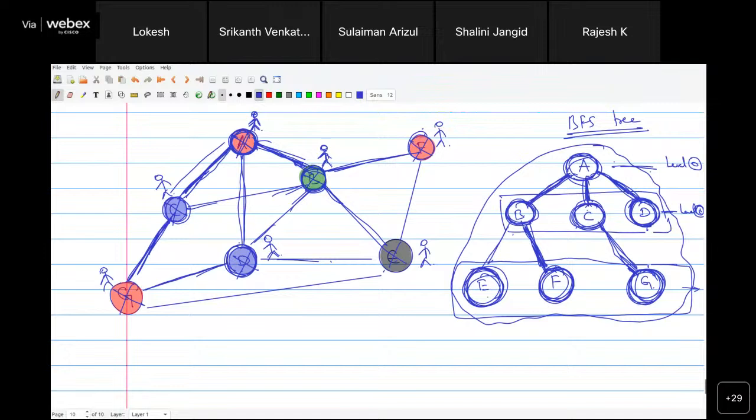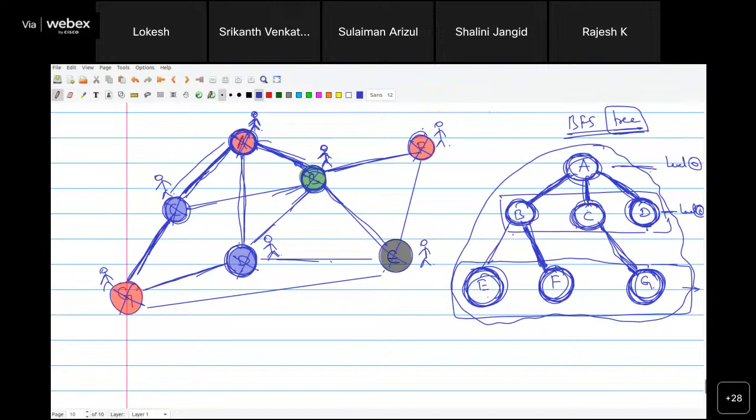And as this is a tree, you should understand the properties of trees. So tree is the minimally connected graph. Minimally connected means there is no cycles inside this tree. Or if I add one more edge to this BFS tree, then there will be a cycle. So you can try. You can add any edge that will create a cycle. So trees are minimally connected acyclic graphs. So that means if you add one more edge, that will create a cycle and that will not be a